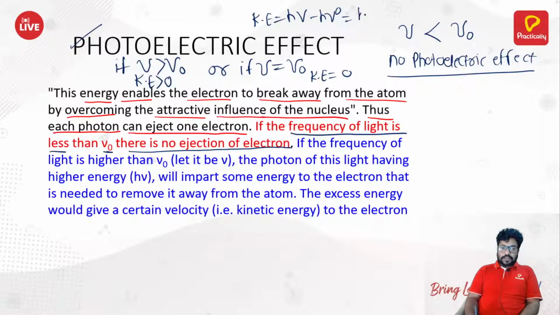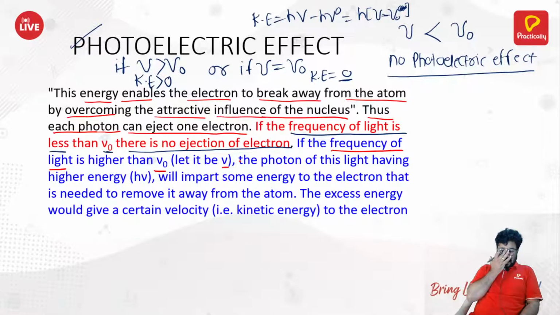So h is a constant multiplied by (nu minus nu 0). If nu minus nu 0 is 0, then h into 0 is 0. Therefore, kinetic energy is also 0. So if the frequency of light is less than nu 0, there is no ejection of an electron. If the frequency of light is higher than nu 0, that is nu,